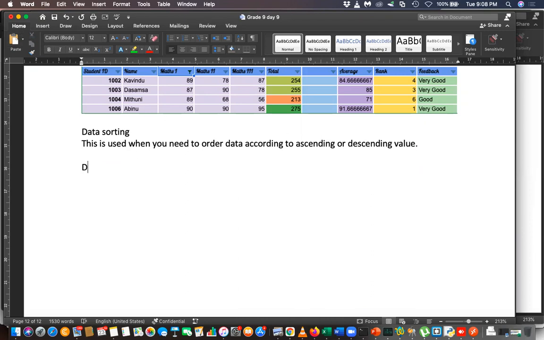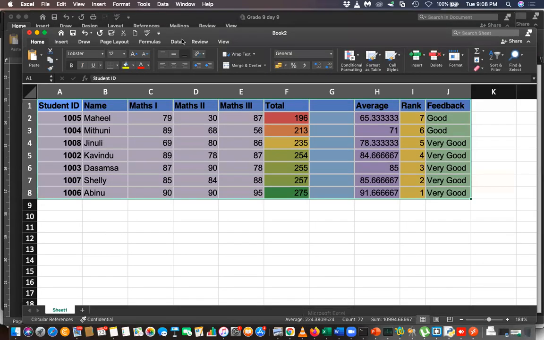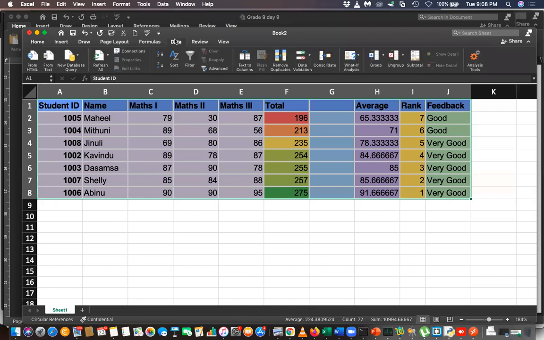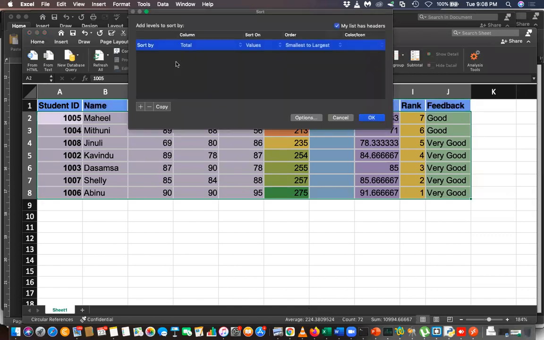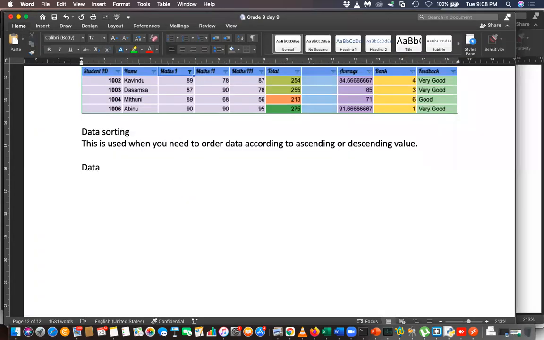How do you do it? In the data menu, you can go to sort and select custom sort. So: data, sort, custom sort.